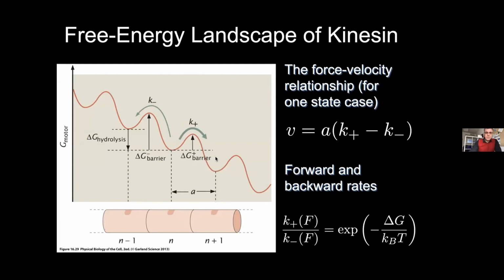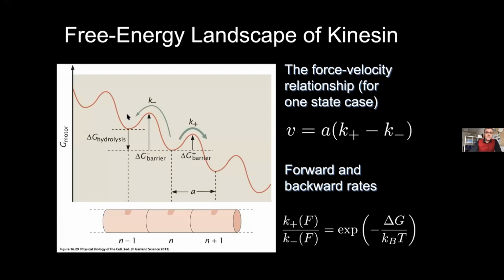When it's moving to the right in this scheme, it consumes ATP energy, and thus it is going to the lower local minimum, whereas when it is going to the left, it actually needs energy, and this is now going